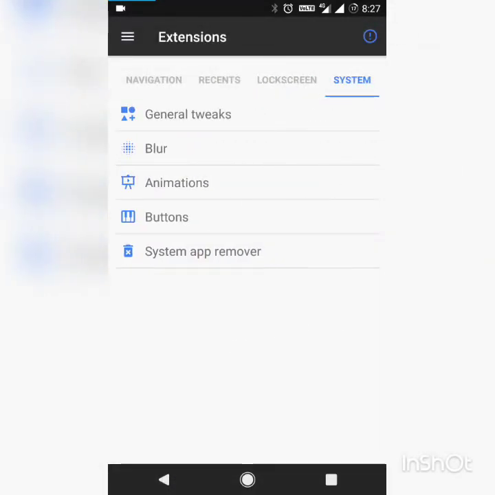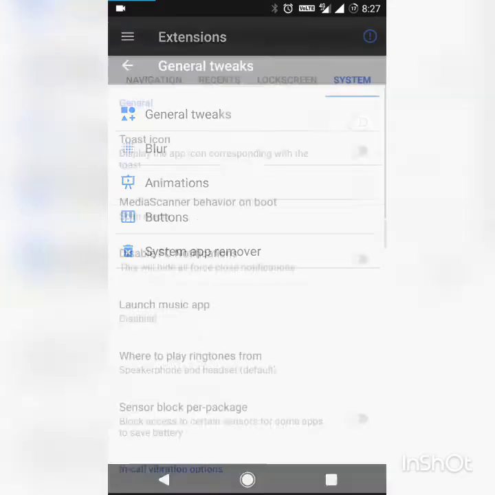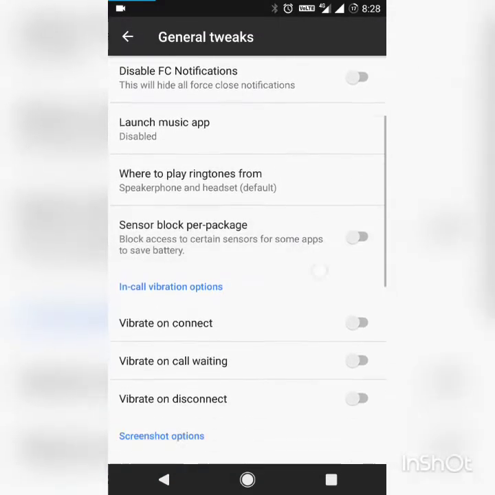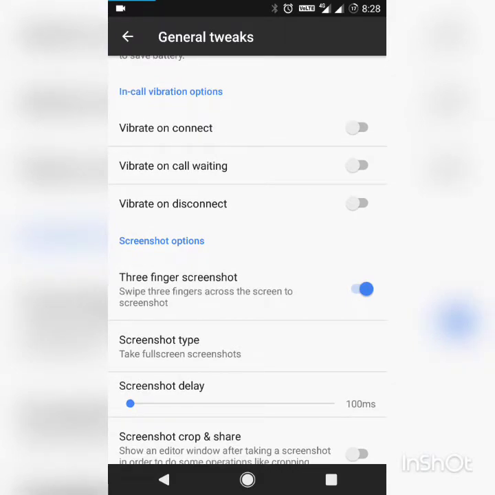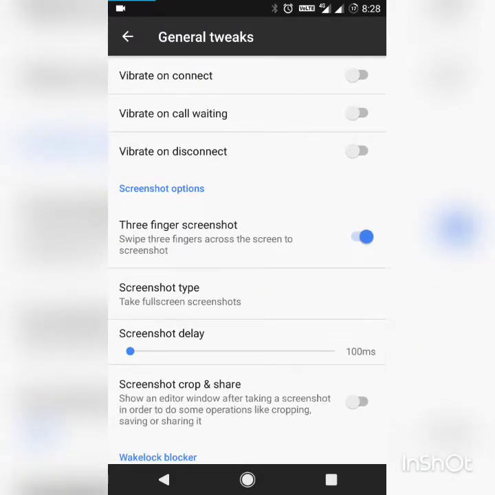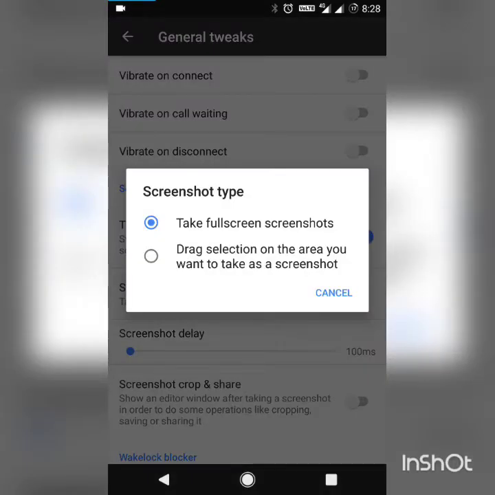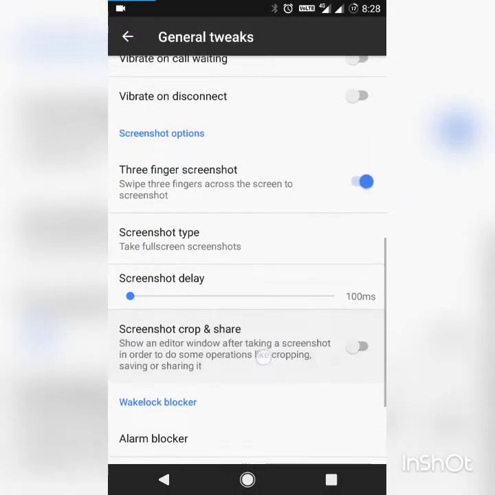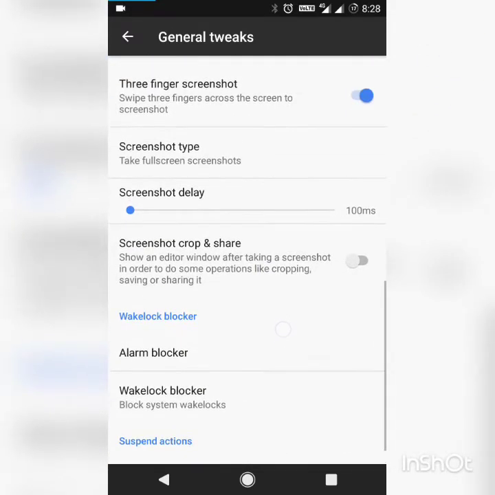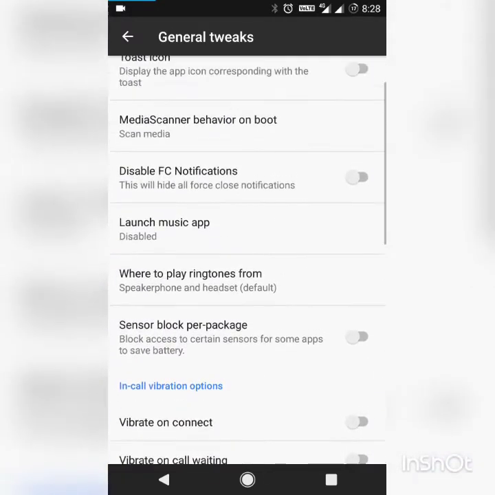And lock screen shortcut, I have not explored much on this. Okay, this is general system. So here we have most of the stuff like general tweaks, which involve the in-call vibration options or screenshot options. You can choose whether you want a full screen screenshot or to edit it after taking the screenshot. This can also drag and select the option, and